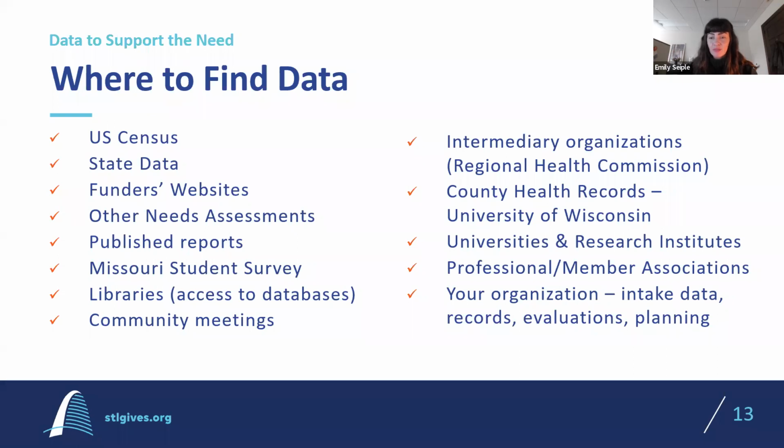There's a number of community needs assessments that certain organizations are required to do, like hospitals. So like BJC or SSM, they need to find out what needs their organization is seeking to meet. And I know when I was formerly a grant writer in the Twin Cities in Minnesota, those were really fantastic resources for me because, as I hope we can demonstrate over time, this is a rabbit trail of information. You might start at one published report you find, and you might think, oh, this isn't the best fit for me, but maybe there's a citation in there, or maybe the way that they have synthesized some census data is really useful to you.